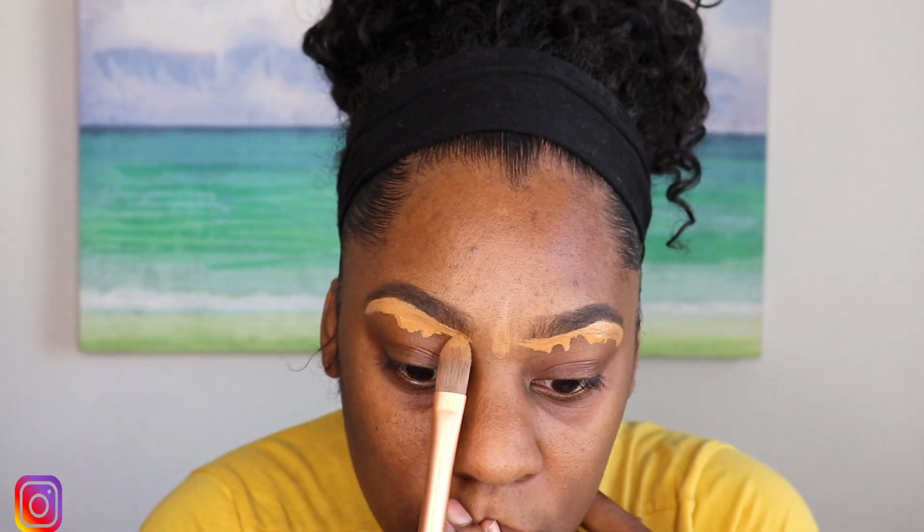Filling in my brows with the dip brow pomade from Anastasia in dark brown. I went ahead and filled that in. And what I'm gonna do now is move on to the Clinique concealer foundation. I like it as a concealer, and I believe I said before that I like it as a concealer and not as a foundation. So I got a shade a bit lighter, which is Chai. What I used to have was, I believe, Golden, and that was more of a skin tone color. So I decided to go a little lighter and use